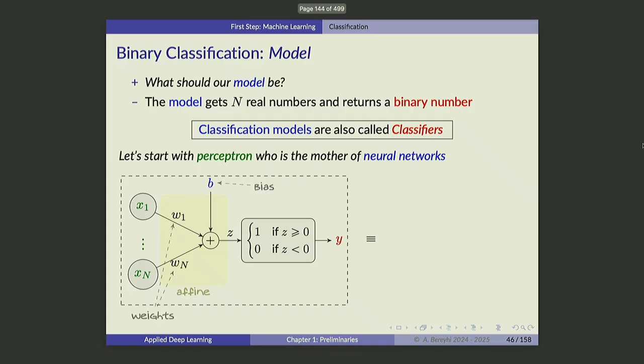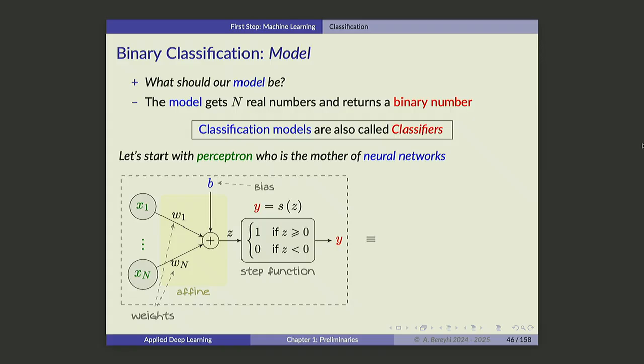So I have a bunch of weights here. Essentially, I'm just computing an affine transform because I get my x, I multiply linearly with my weights, I add a bias, and I get z, right? z is this affine transform of x, right? And then after that, I'm going to pass it through this function, which is eventually this step function, right? Because if you look at this function here,